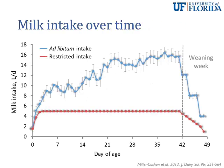This is an example of the differences in milk intake that we see when calves are provided milk ad libitum compared to a conventional restricted milk feeding level. This graph shows milk intake in liters per day over 6 weeks of milk feeding stage and then 1 week of weaning. In blue, this is the line for calves consuming milk ad libitum. We can see that their milk intake is increasing over the duration of the milk feeding stage and peaking around 16 liters per day, and they were consuming about 12 liters per day on average across the entire feeding period